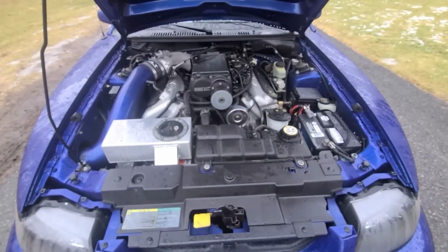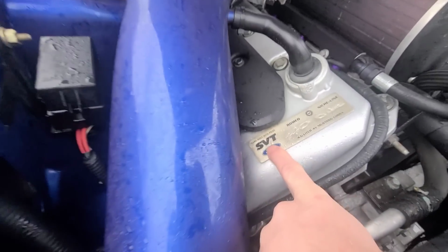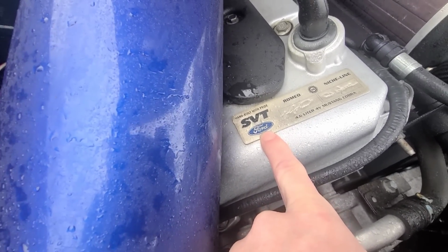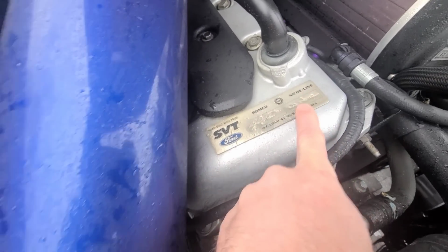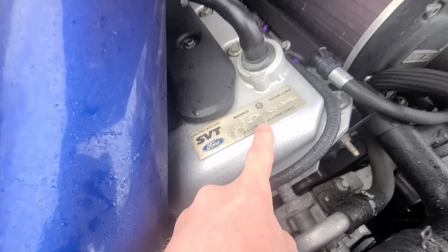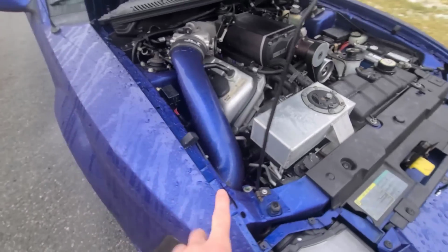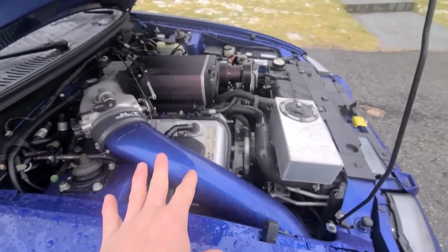Here is my favorite part. 4.6 liter hand-built V8, hand-built with pride, SVT Ford. Romeo and Nicheline, is that their names? I really don't know. 4.6 liter 4-valve Mustang Cobra right there. Now it has a JLT color match Sonic Blue cold air intake,